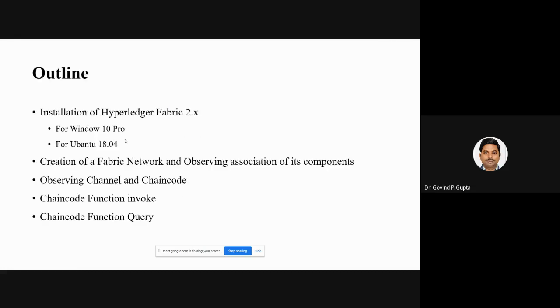Now, first I'm going to discuss the installation, how to install Hyperledger Fabric. You can install Hyperledger Fabric in Ubuntu as well as Windows 10. Since Windows 10 comes with the Linux kernel, you just have to activate it, and by default in Windows 10 Pro, a bash shell is given by Microsoft.